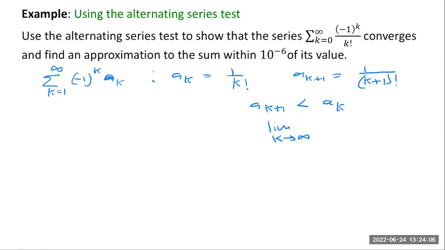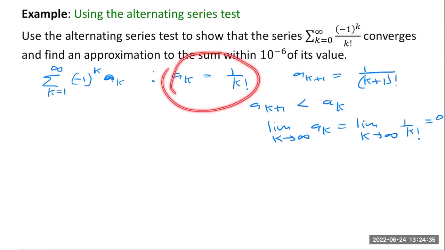As k goes to infinity, what will happen to AK? The limit as k goes to infinity of 1 over k factorial is clearly 0, because k factorial means 1 times 2 times, all the way up to k, right? That product also approaches infinity as k approaches infinity. That means this takes the form 1 over infinity, that is 0. So both criteria of the alternating series test are satisfied, and the terms of the sequence are positive. So by the alternating series test, we conclude that